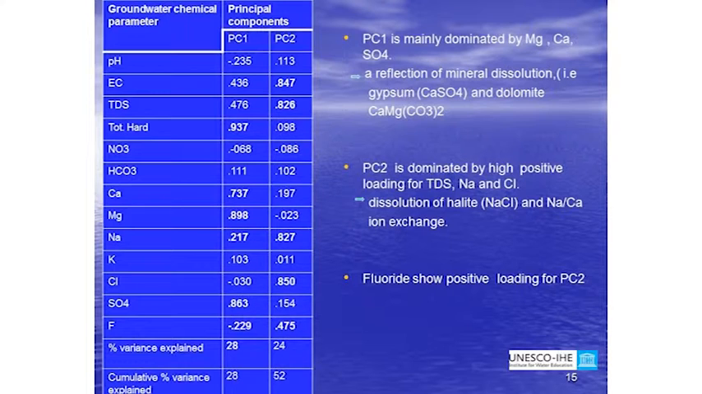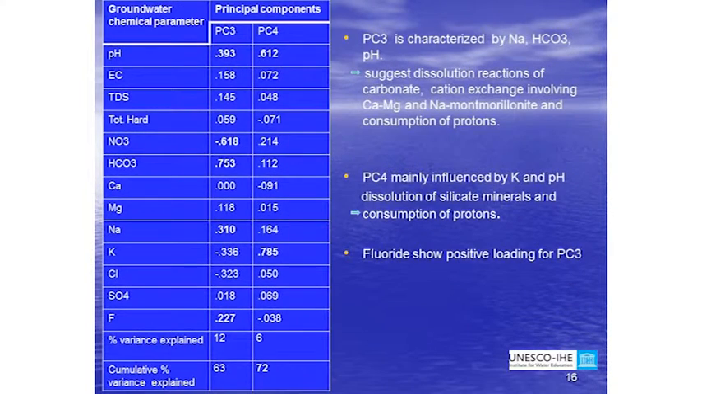So these 2 components give some indication of some water-rock interactions or geochemical processes that are happening in the aquifer system and then influencing the groundwater chemistry. But what is also interesting here is that fluoride shows a positive loading on principal component number 2, which also means the processes associated with principal component number 2 also promote the enrichment of fluoride into the groundwater system. Now, if you take principal component number 3, it also has high loading for